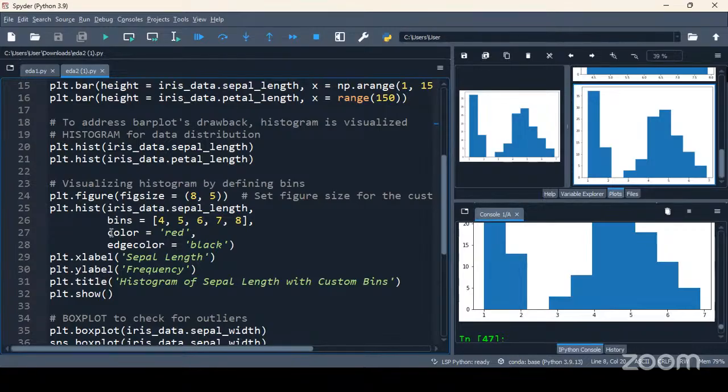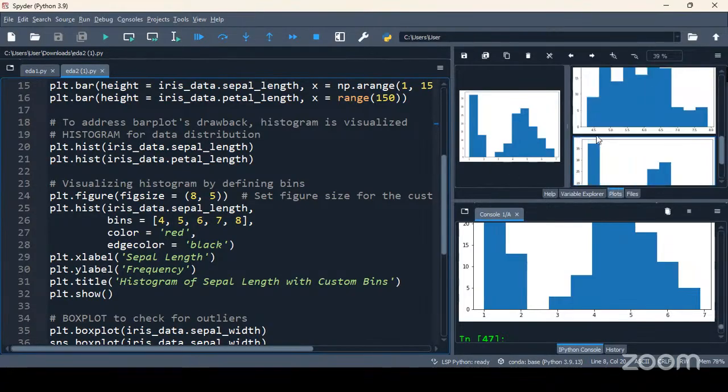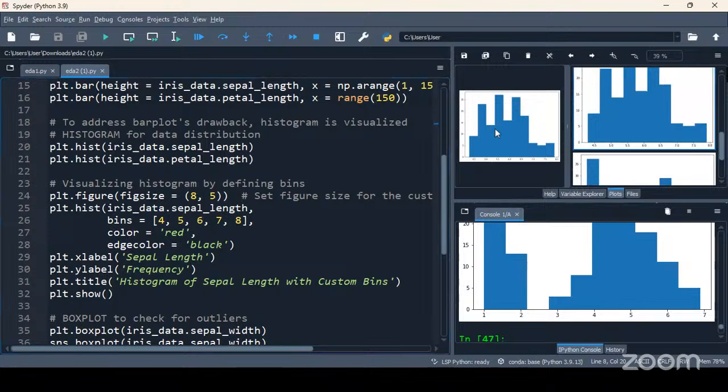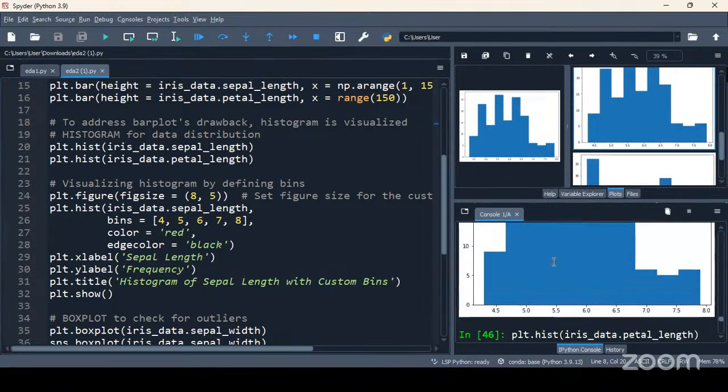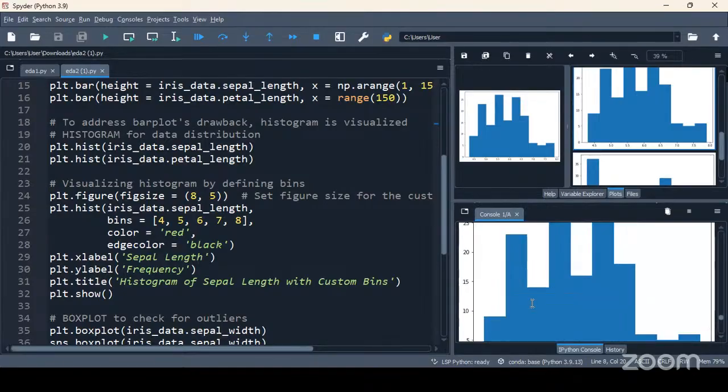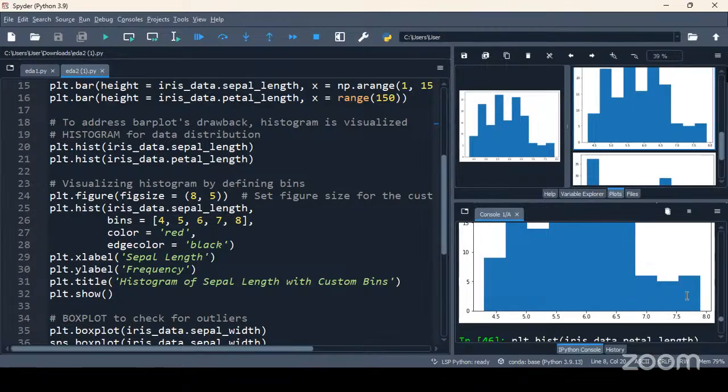So what I am doing here is customizing my histogram. If you see here, by default you'll get 10 bins. If you count, 1, 2, 3, 4, 5, 6, 7, 8, 9, 10. So by default, the histogram is returning 10 bins.